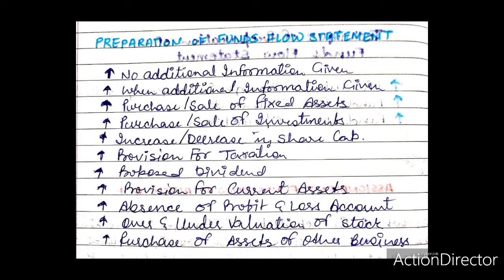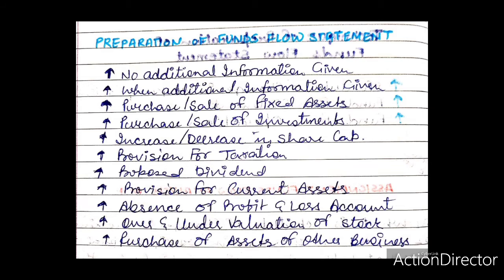Purchase or sale of fixed assets. The amount of source or use of funds from purchase or sale of fixed assets can be ascertained by opening an account for the concerned asset as it appears in the ledger. The opening balance of the asset is posted on the debit side and closing balance on the credit side of the asset account. Then, the additional information is journalized by the double entry system and the entry is posted in the concerned asset account. Now, the balancing figure of the asset account may be either purchase or sale.